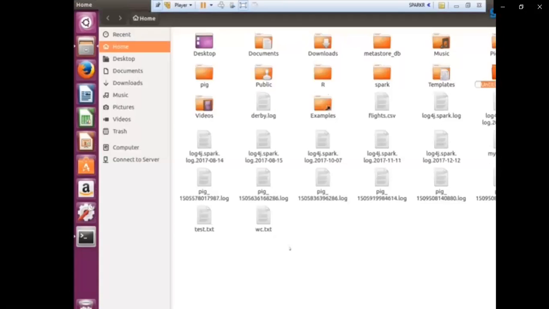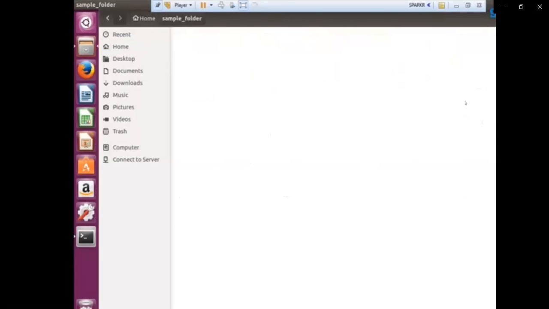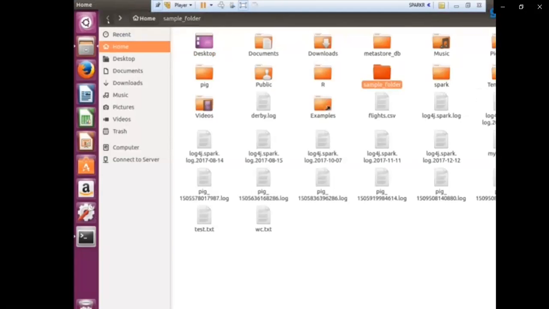Simply click new folder. Then under this new folder, I'm sorry, my screen is getting a little bit trimmed because I'm sharing in some other mode, having some problem. So under this file, I have created a sample folder. Now let's go inside the folder and create a file inside that as hello.txt.